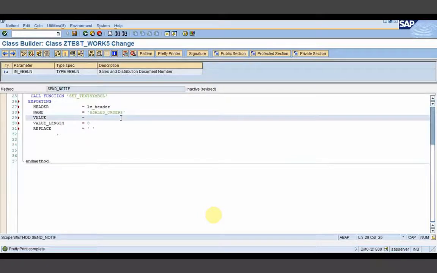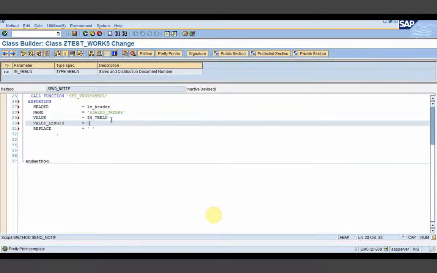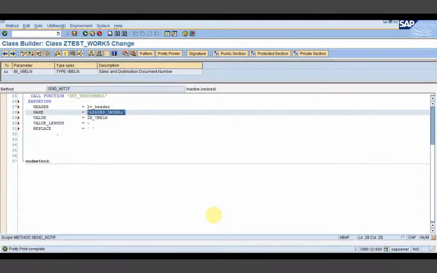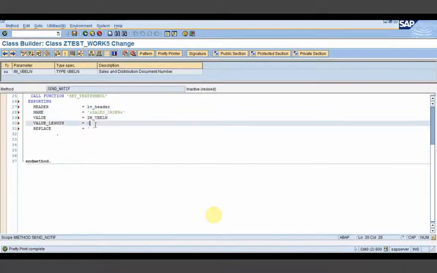So in value, whatever I have in this particular method as an importing parameter, you can see here in the importing parameter I am having im underscore Veblen. So here I am writing im underscore Veblen because I am just populating this particular value dynamically to this particular variable.